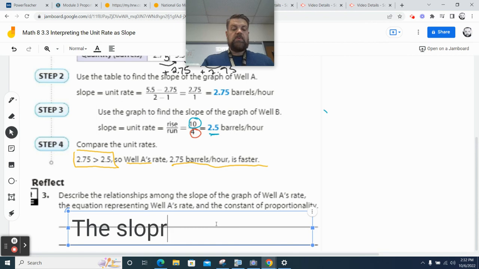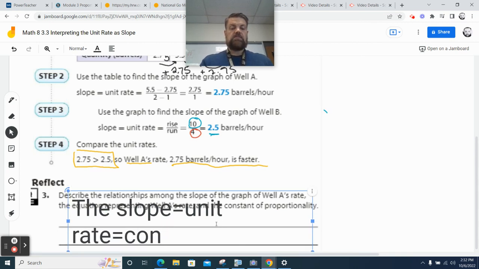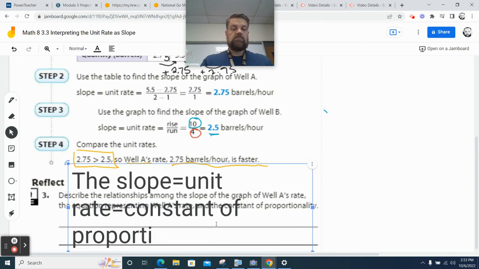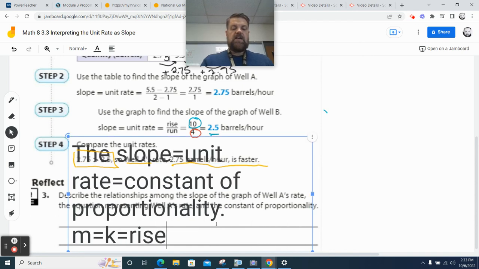The slope equals the unit rate equals the constant of proportionality. M equals K equals rise over run equals,